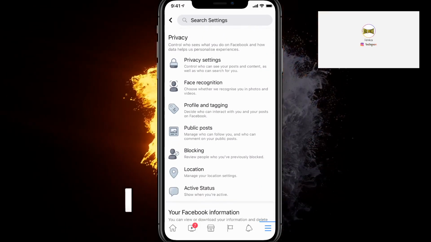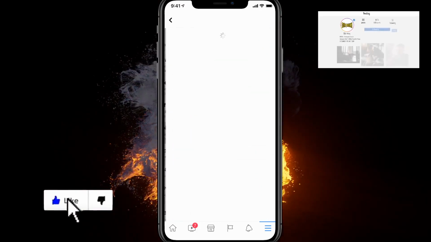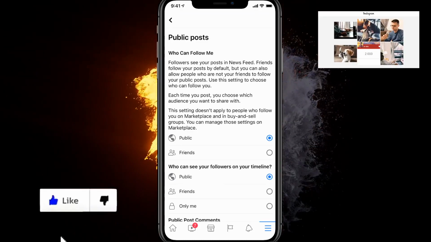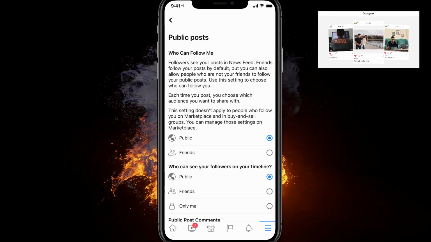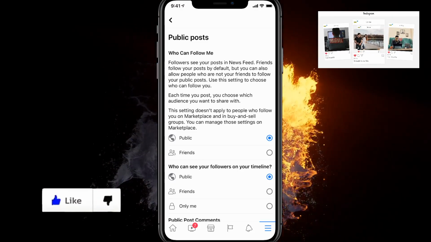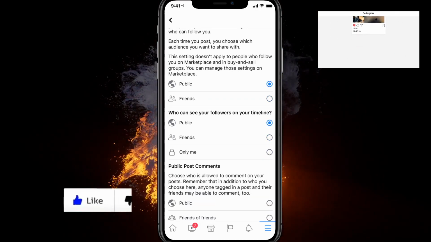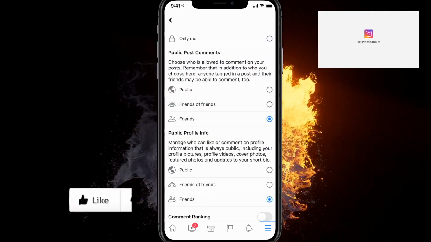and under the privacy tab again click on public posts. You click on it and here you can see a few options about following, or the actual thing you wanted to do. This is why you searched for this video. You want to make sure all of these options are set to public, everything should be public,